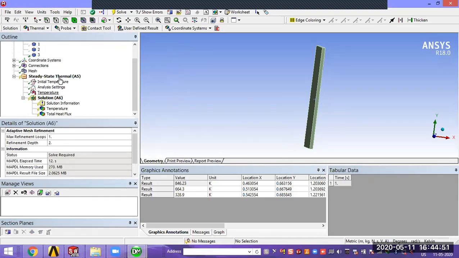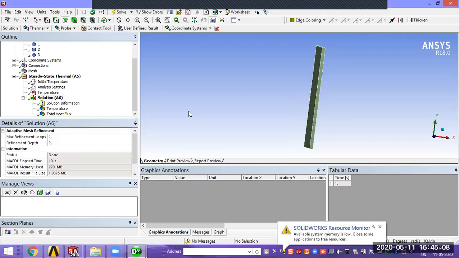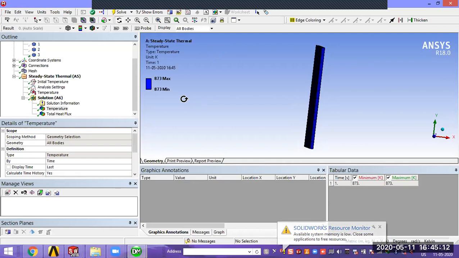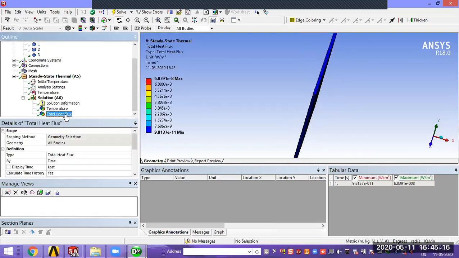Right click on the solution and solve. Now I consider only conduction. On the outermost layer I didn't consider any convection. Now let's check the outermost layer temperature. You are not getting any heat there, but the heat transfer rate is going to vary.